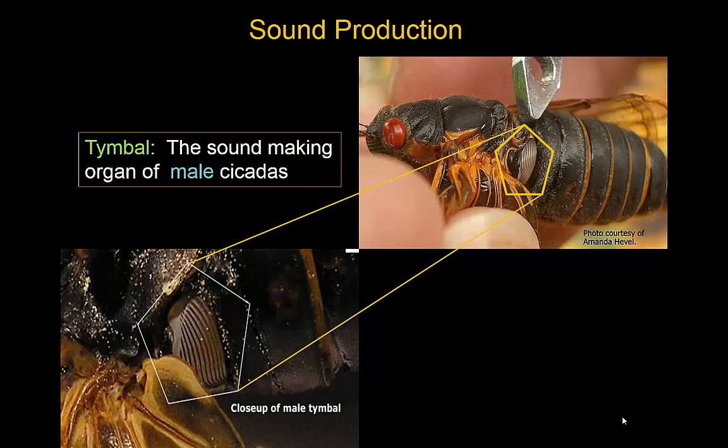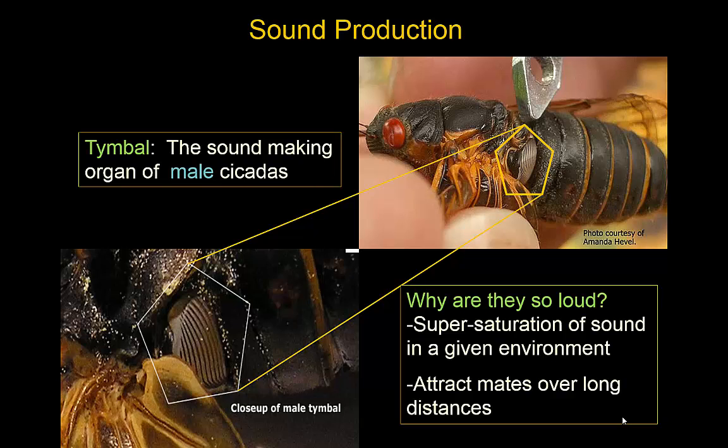It is located on the first segment of the abdomen, and it's a little structure that involves ridges that have another organ underneath it that can click across those, and then a hollow in the body allows it to resonate, and in some cases it can produce extremely high volumes. The loudest of all insects include some of the cicadas that occur in the world. Particularly loud ones are found down in Australia, but we've got some pretty loud ones here in North America as well. And when you hear them loud and buzzing,